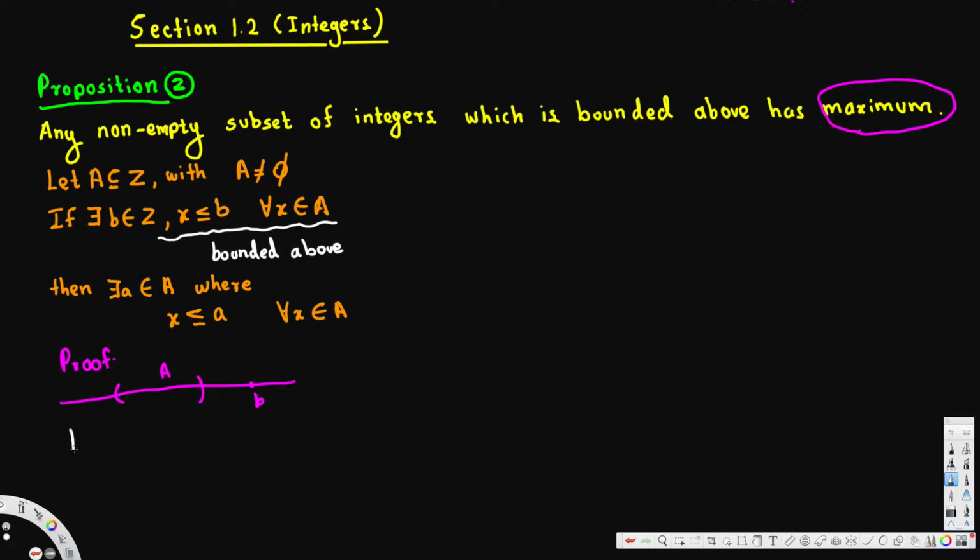First we are going to let the set S be equal to B minus x, where x belongs to A. Then B minus x is greater than 0 because it's an integer. B minus x is greater than or equal to 0. Then if we rearrange this one, this is going to be B is greater than or equal to x for all x belongs to A. Now by well ordering property,